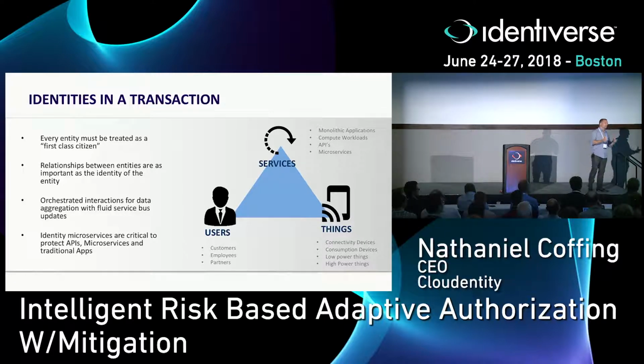So if we think about net new transactional models, I've got transactions where a user will never be involved, right? You have that today. It used to be called batch processing, right? But now I've got other partner services calling my services. I've got things talking to services. It might be on behalf of a user, it might not, but I need to track that requester all the way through my microservices and other services that it's consuming.